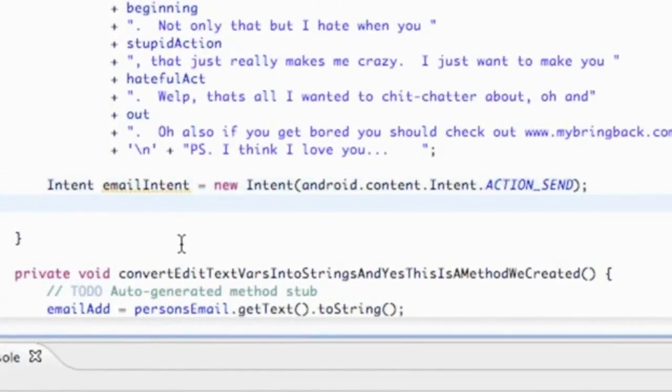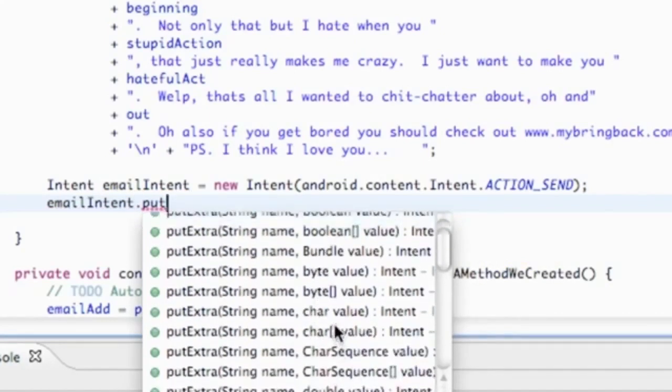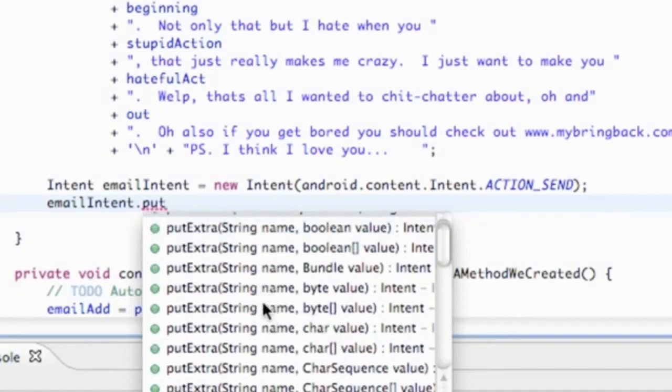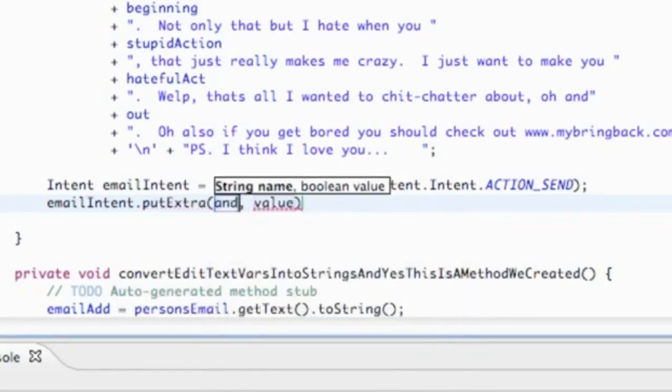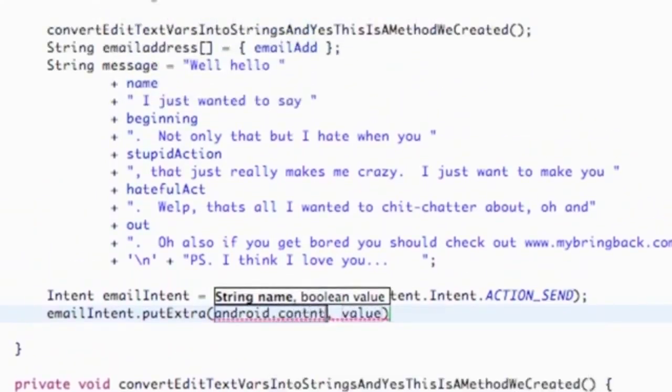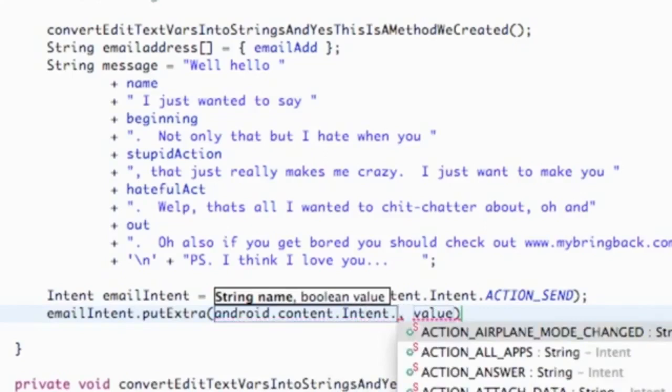So what we're going to add is basically the email we're sending it to first. So we're going to reference our variable that we set up, emailIntent dot, and then we say putExtra, because we're going to put some extra stuff in there. As you can see, most of these have two things within the parameters: a string name, which again is going to reference something from the SDK, and then the data we want to pass through there. So we're just going to click on one of these, and for the first one, again, it's a string reference, and we say android.content.Intent